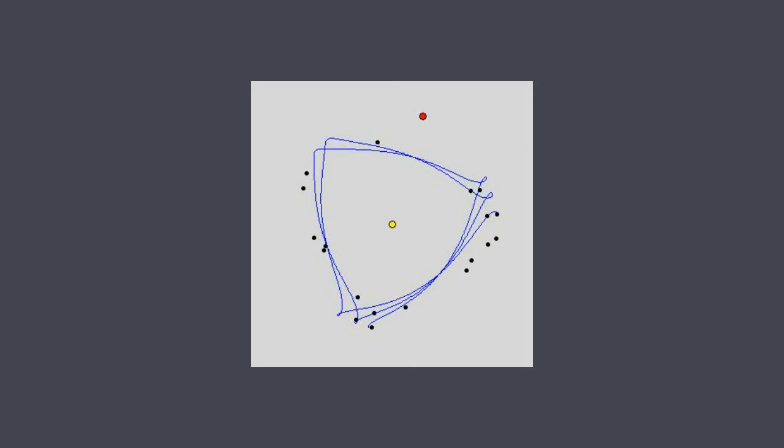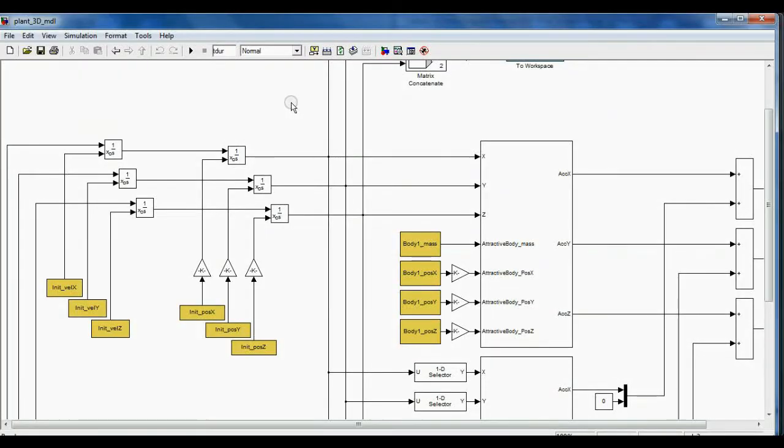And let's now move on to the Simulink model. So here is the Simulink model, which is pretty simple. If we assume that we know the acceleration for each particle on each axis, so the x-axis, the y-axis, and the z-axis, we simply perform an integration of that using the initial velocity values, which gives us the velocity for each particle. We perform a second integration using this time the initial position, and we now have the position of